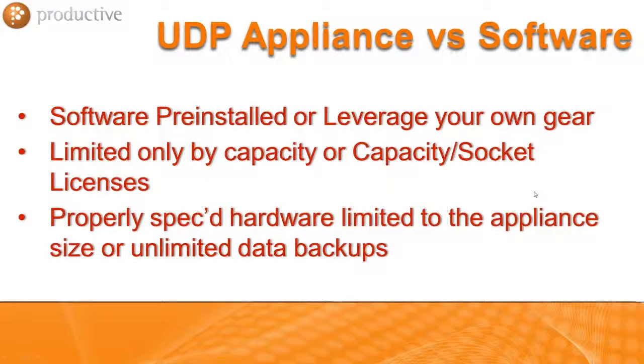The appliance also is a 1U rack mountable box. It has RAID 5 configuration, so if you're on the 3 terabyte model, there's 4 1 terabyte drives. The next model up, the 7200, has 4 2 terabyte drives, and the same thing for the 7300, which has 4 3 terabyte drives, giving you, in RAID 5 configuration, the ability of having 3, 6, and 9